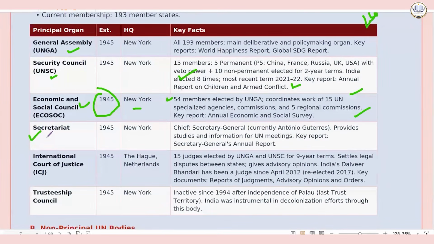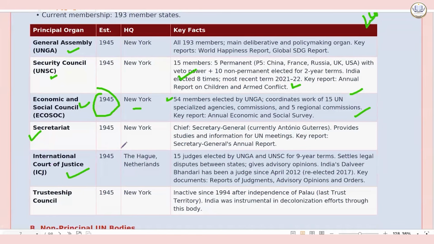Secretariat is in 1945. And we have Chief as Secretary General. Currently, Antonio Guterres was there. Okay, and it provides studies and information for UN meetings. Key report is Secretary General's annual report. Okay, then we have ICJ,